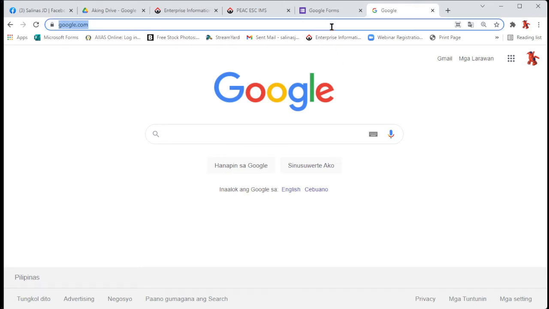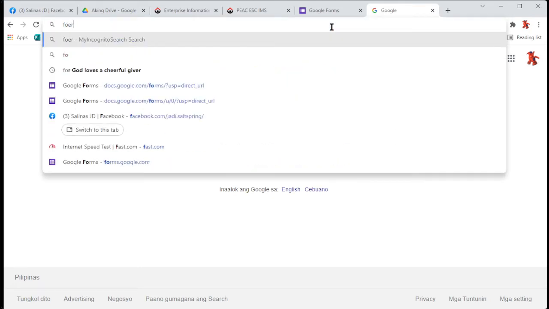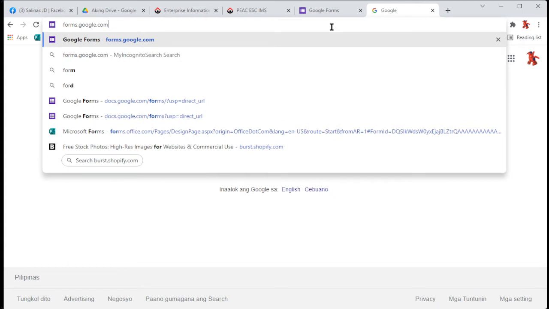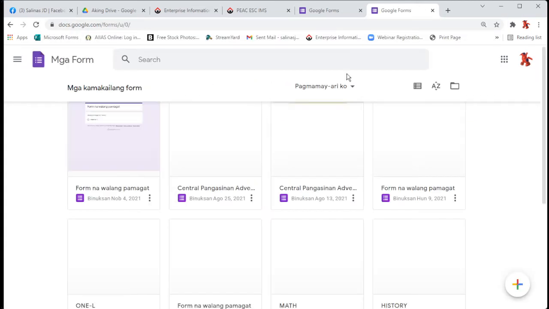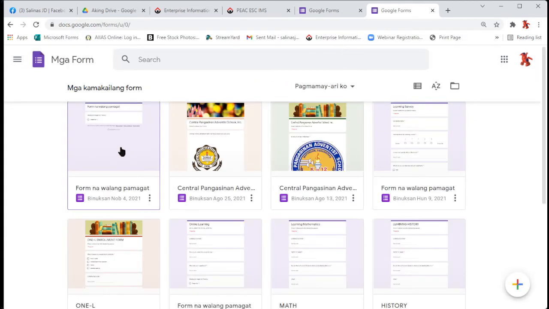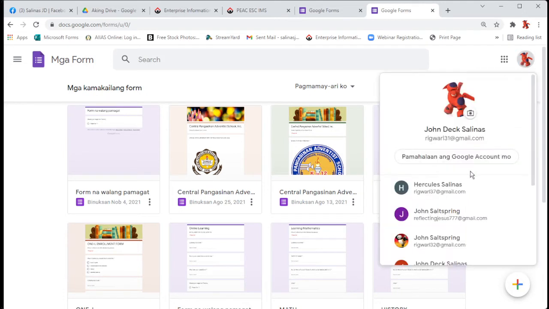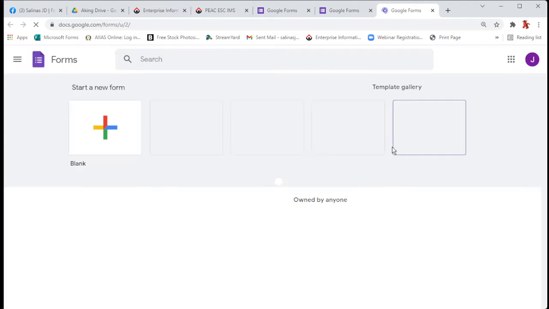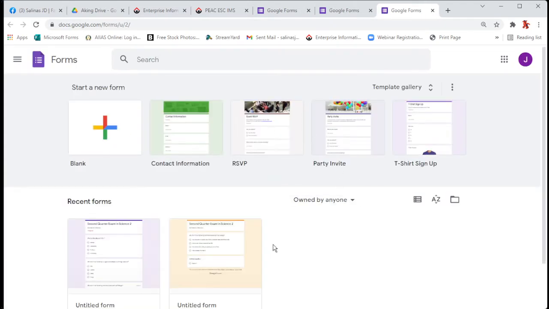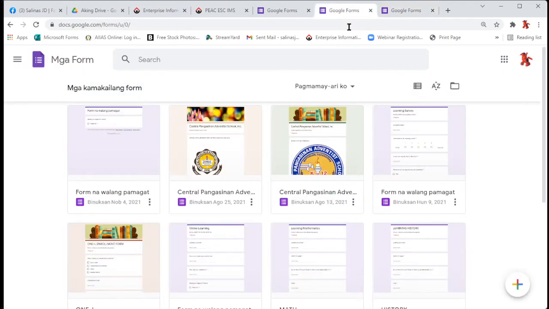So, punta muna tayo sa forms.google.com. So, pumunta ako sa forms.google.com. Normally, kung meron ka ng mga forms, it looks like this one. Pero, kapag bago ka lang na walang form, ay ganito ang makikita natin. If just in case bago ka na walang form, goes like this. Right? Konti lang yung form na gawa. Pero here,